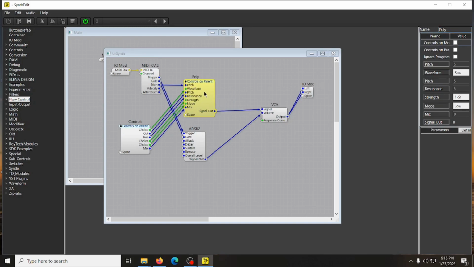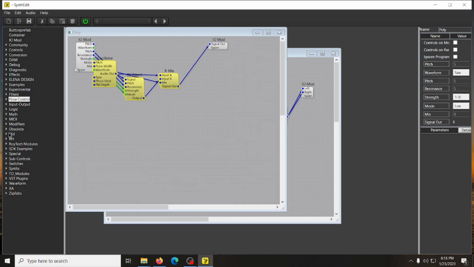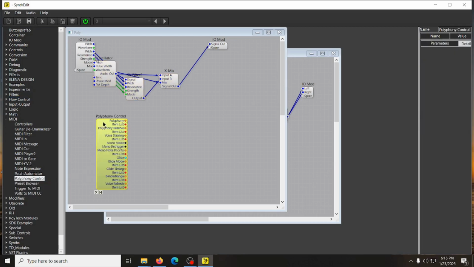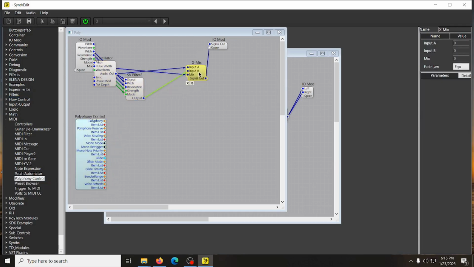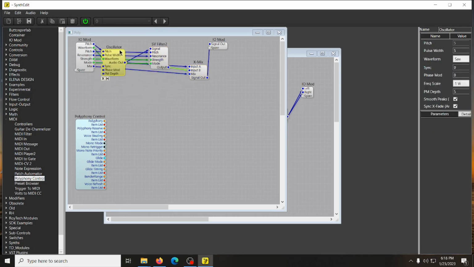Alright, and now our poly, we're going to open that up. Let's open up MIDI. We're going to throw this polyphony control in there. What's nice about this is it just floats in there. You don't have to connect it to anything. And it's going to improve the polyphony of the